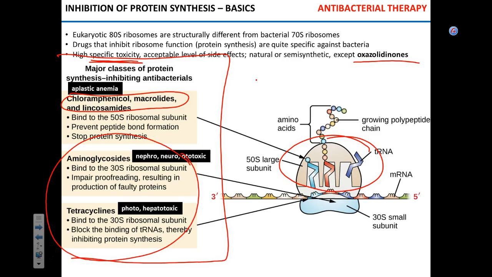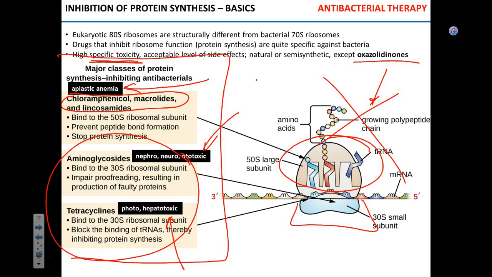Aminoglycosides and tetracyclines bind to the 30S subunit and either lead to the formation of malfunctioning protein, like aminoglycosides, or prevent the tRNA binding, like tetracyclines. Lincosamides, oxazolidinones, altogether, they inhibit formation of initiation complex. We're going to talk about each class of drugs separately. In the black boxes, you can see here,